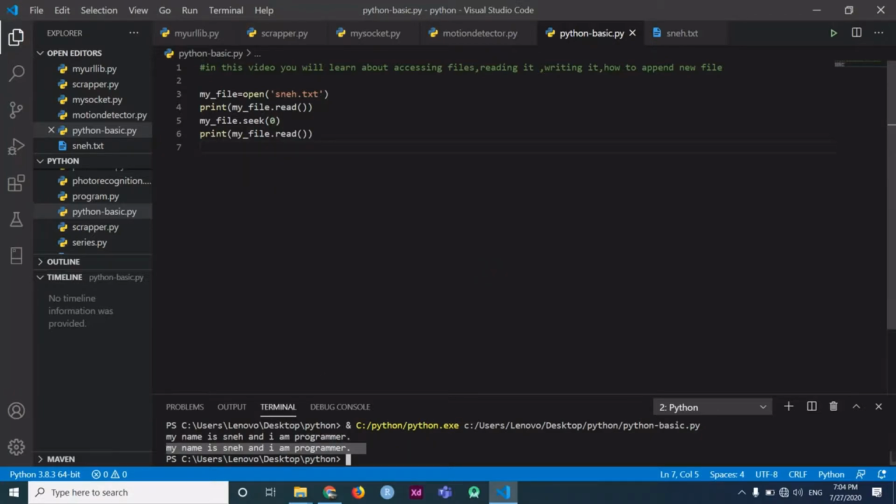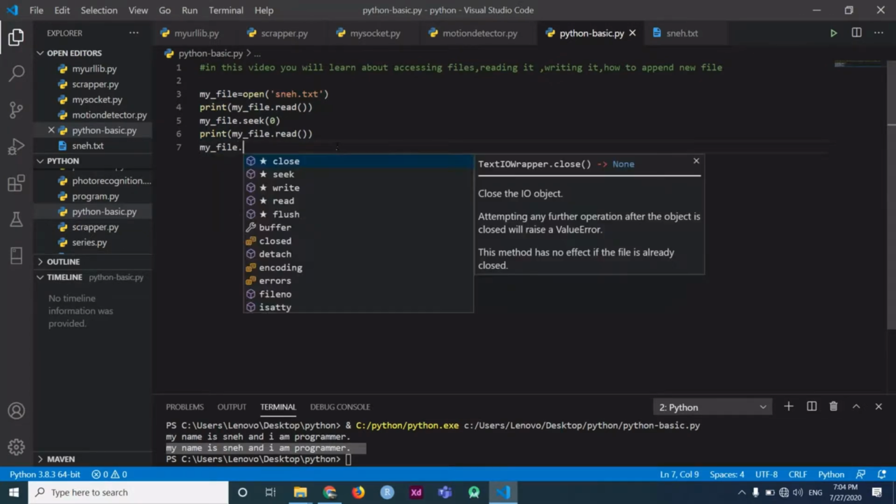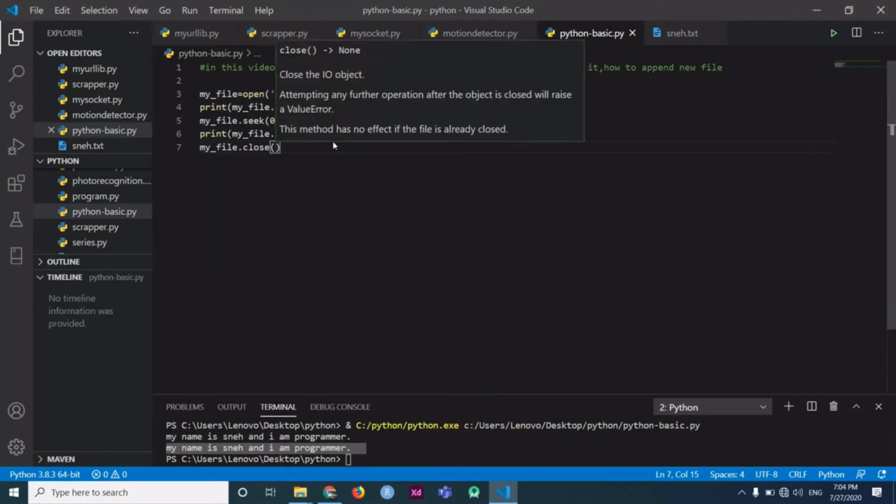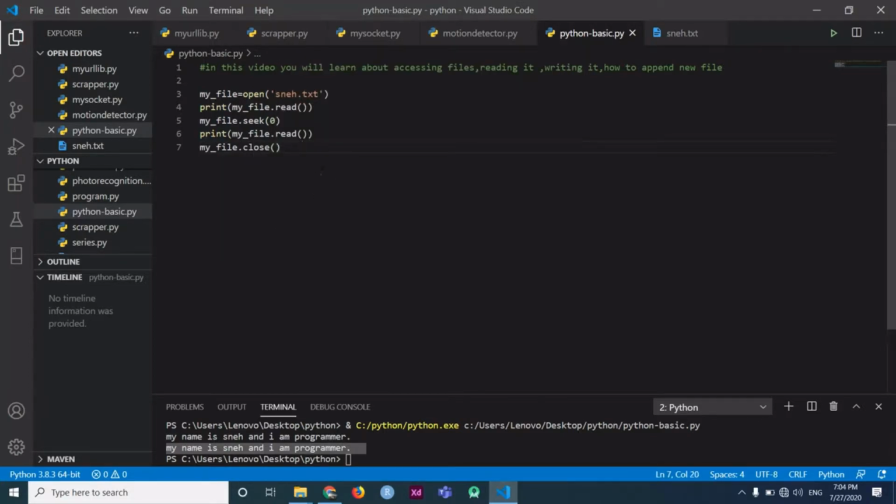Now there is a new method, where you don't have to seek the file, and you don't even have to close the file. Here I had to close the file with myfile.close, but with this method you don't have to worry about anything. So what I have to do is use this syntax: